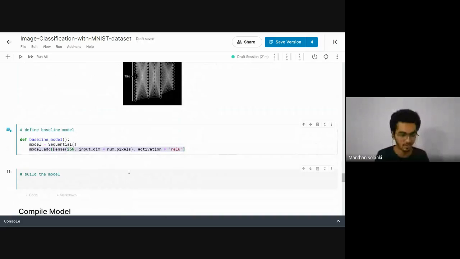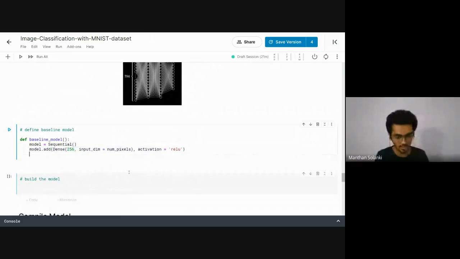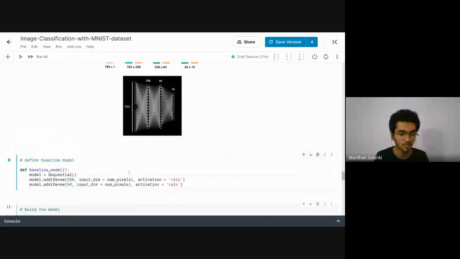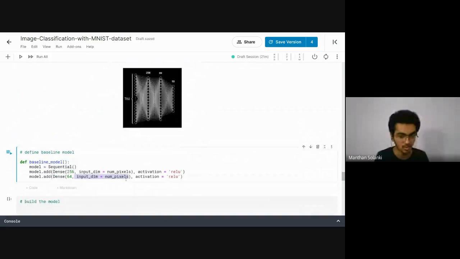Okay, now just copy it, paste for the second layer, because for the second layer we have 64 neurons. Now we don't need to define the number of input dimensions here. Okay, so this is the second layer.